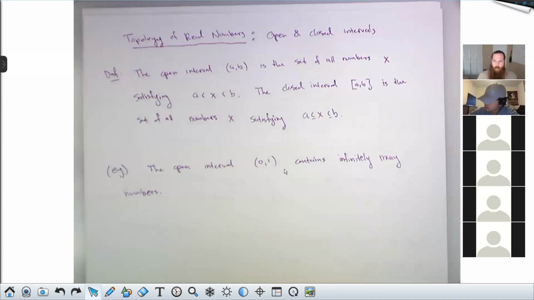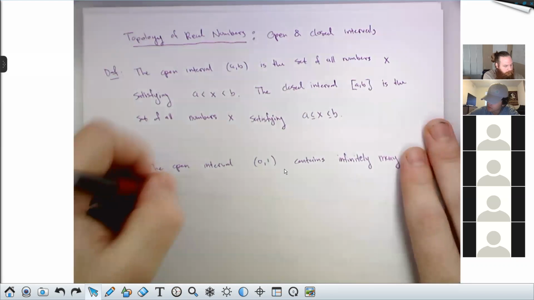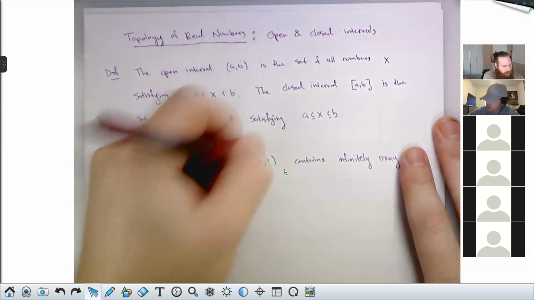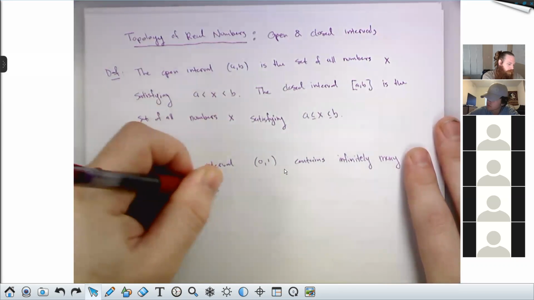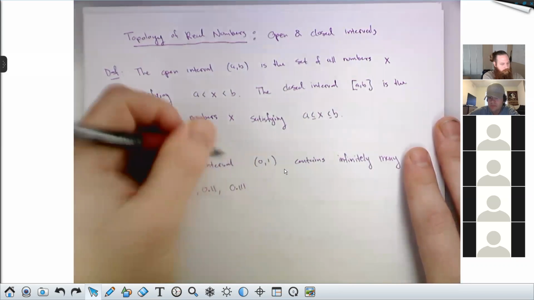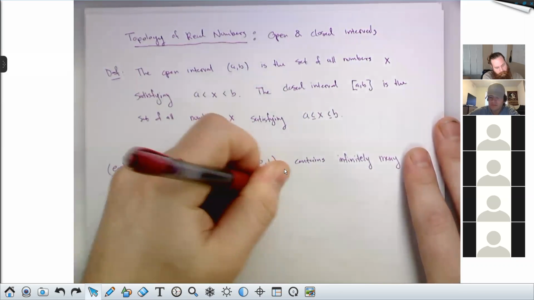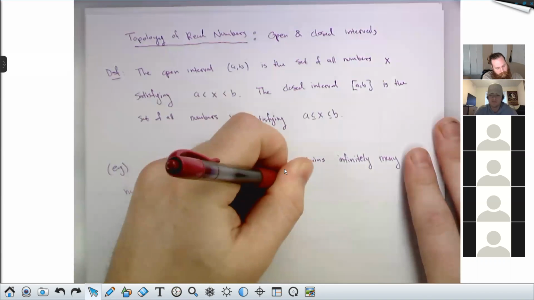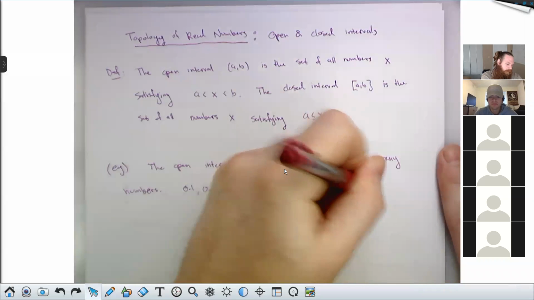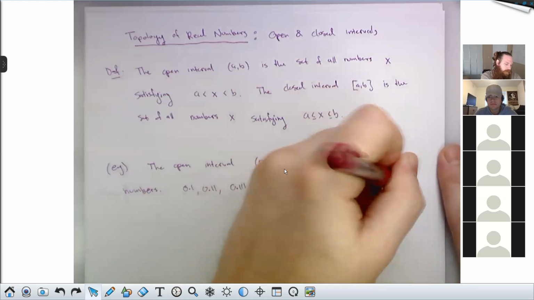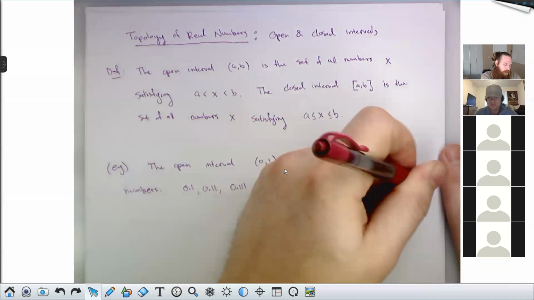Because we're not just interested in whole numbers. And really the heart of calculus is trying to understand open intervals, trying to understand this idea of getting really, really close to something, but not actually getting there. For example, here, this guy contains the numbers 0.1, 0.11, 0.111, contains 0.5, right? 0.25, 0.125, contains 0.9, 0.99, 0.999, and so on.